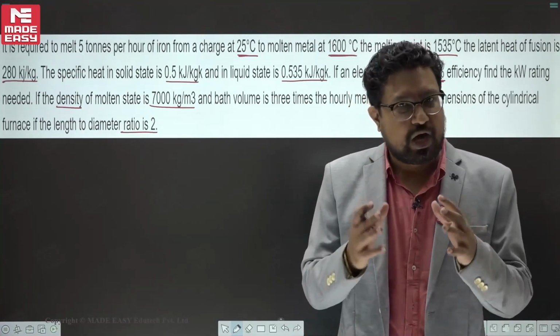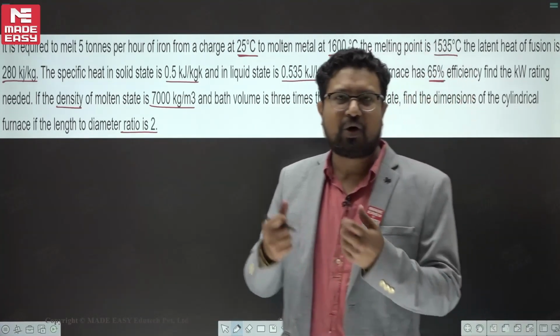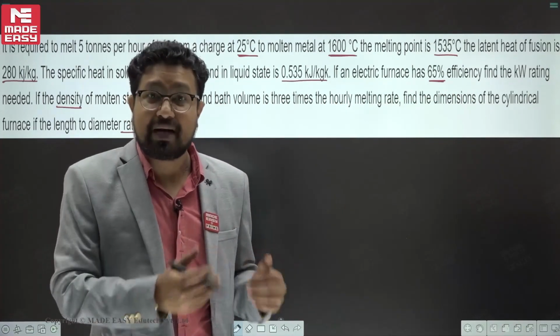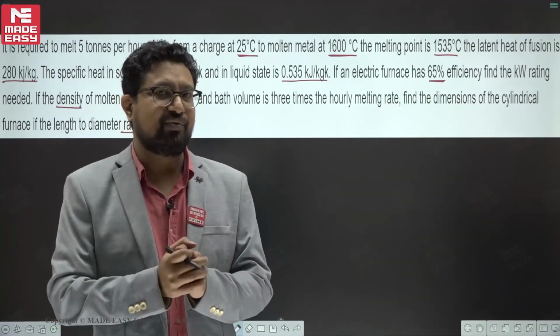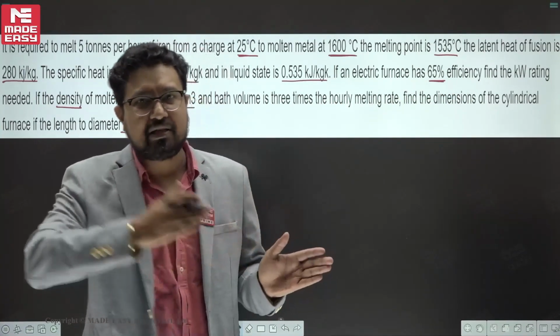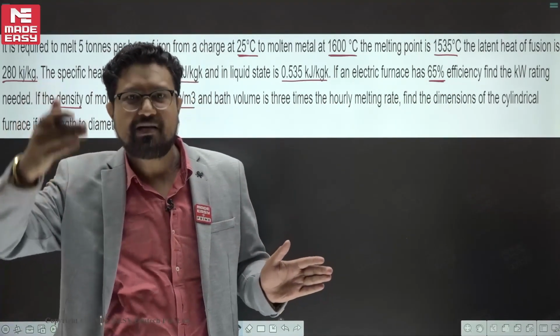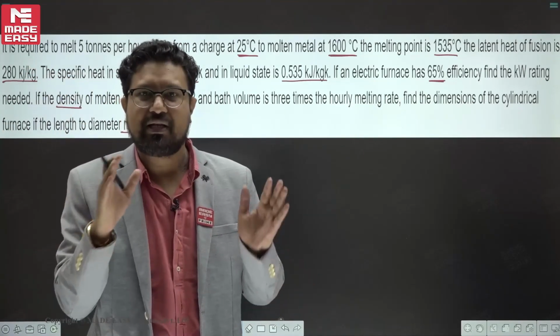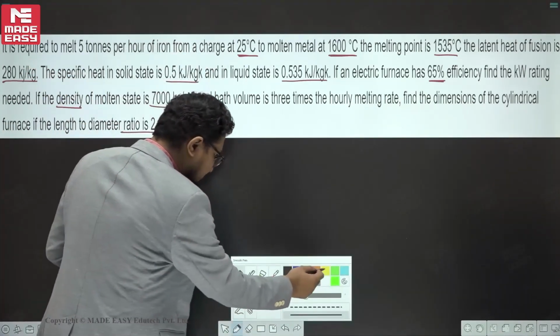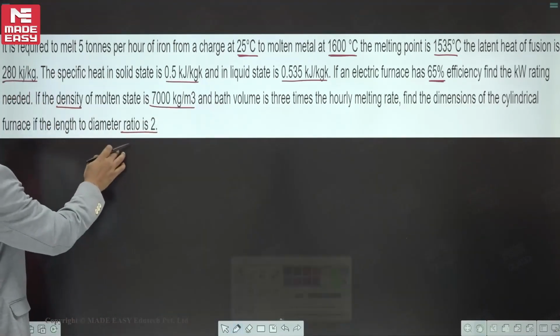Fine. So now let us first try to understand: if 1 kilogram of iron melts, how much heat we should give to the iron from the starting condition till the melting, and to whatever temperature we want the iron to be finally. So if we see the condition of the iron, we can see from here